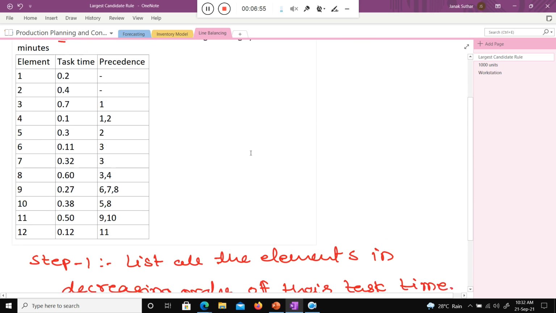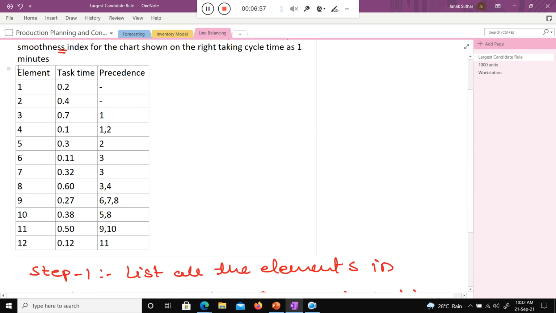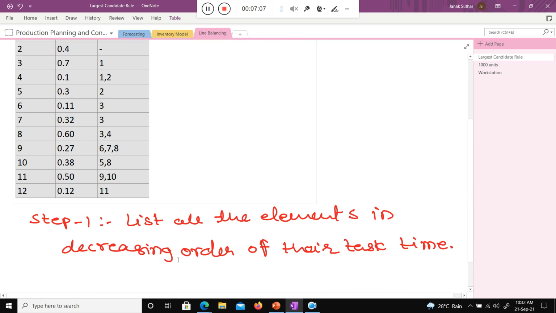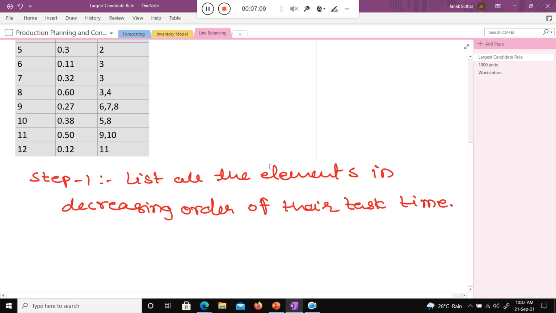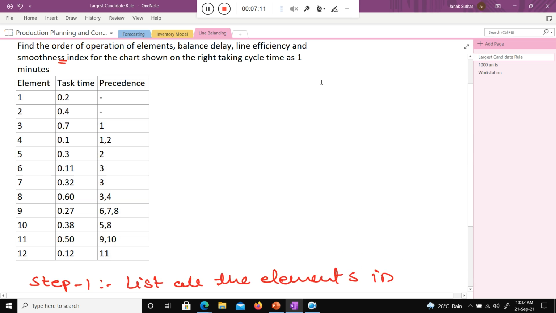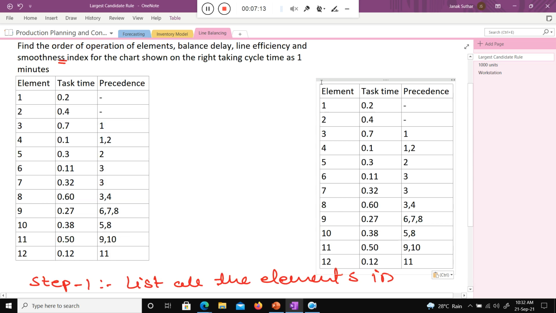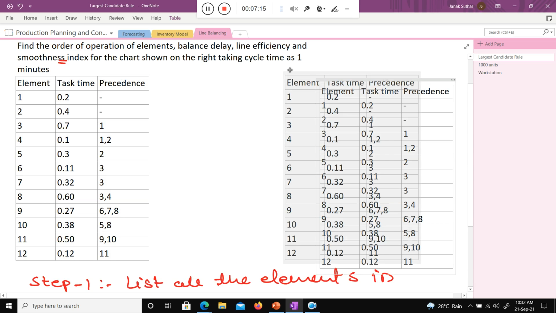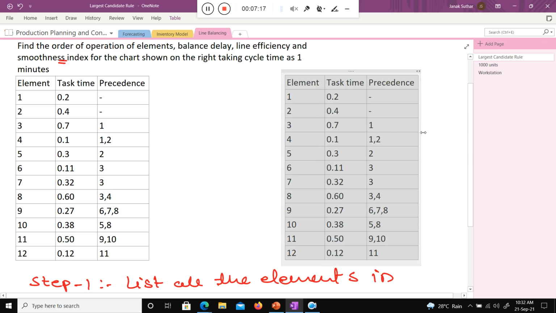I take this particular table and copy it here so we can easily do all the work.